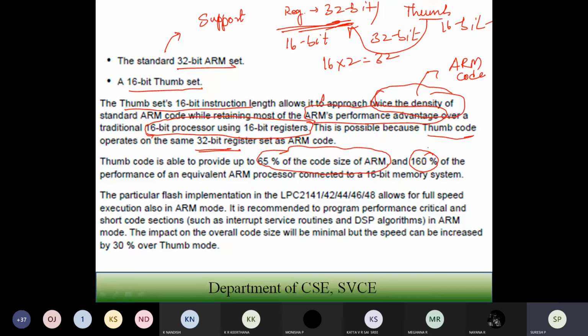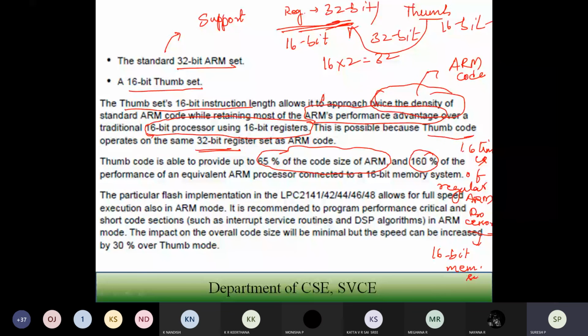So that is 1.6 times of the regular ARM processor that is working in ARM mode, connected to the 16-bit memory system.